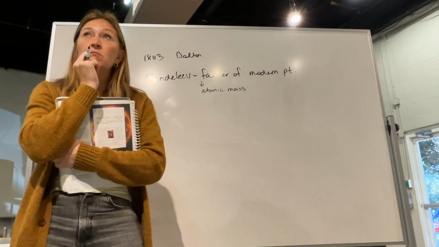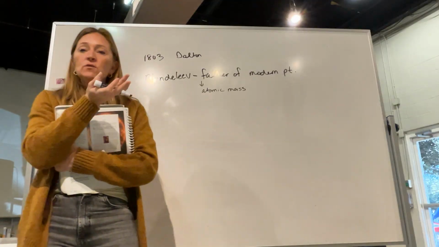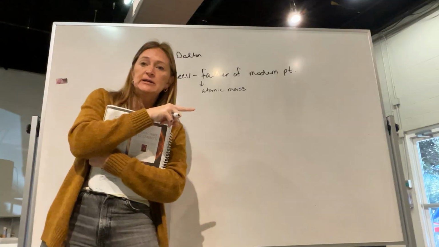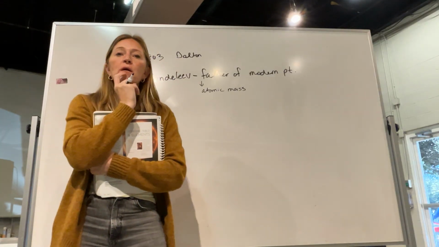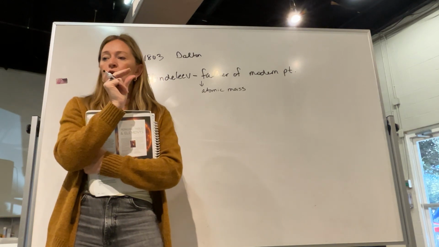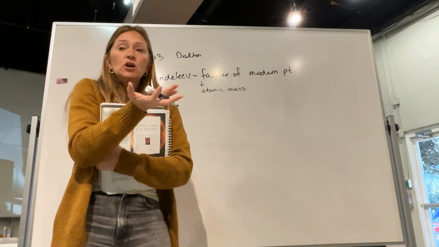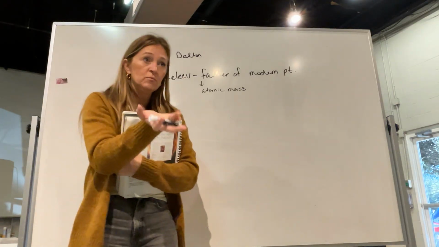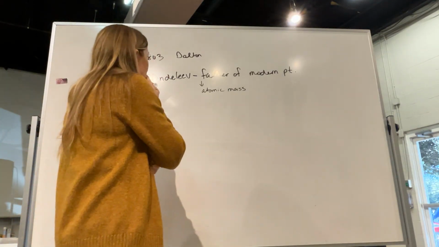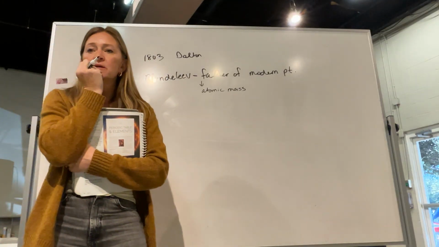If you think about it, the atomic mass primarily comes from the number of protons and neutrons in the nucleus, right? Because the electrons don't weigh a whole heck of a lot, but the protons and the neutrons do, okay? And the chemical and physical properties are very much determined by the atomic mass, right? Something that is heavier is going to take longer to boil, right? Okay. So he's the father of the modern periodic table. He arranged things by their atomic mass.